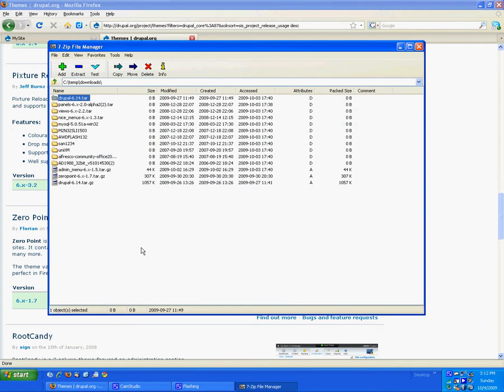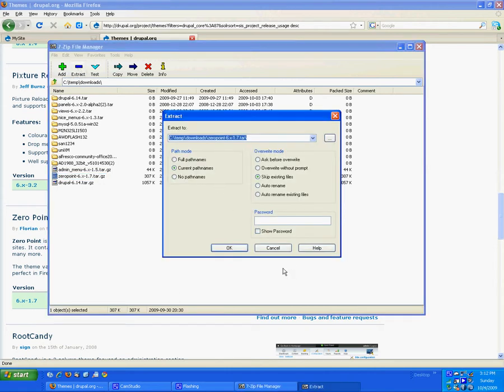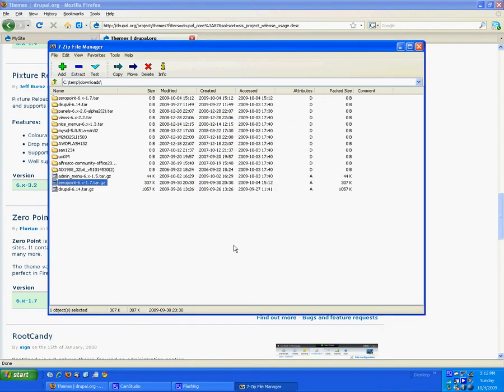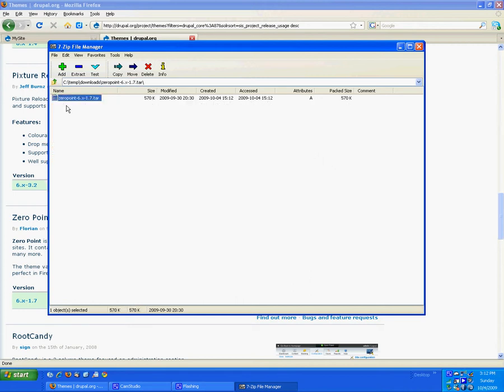Okay, I have completed the download of the 0 Point theme, and I'm using the 7-zip file manager. Here is the download package. It comes in the format of a .tar.gz file. So in order to get access to that, I'm going to highlight it, and then within 7-zip, I'm going to hit extract, and I'll just extract it to this folder. Let it run for a second, and now I have a tar folder. I'm going to highlight that, double click on it to go into that folder, and I'm going to extract